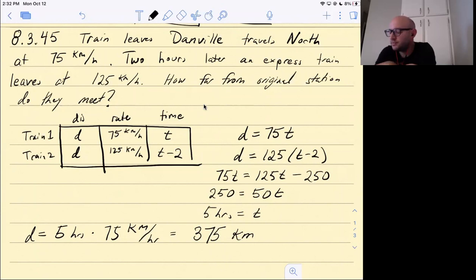Now, imagine that that train is staying still. From the perspective of the first train, how quickly is the other train gaining on it? Because it's going faster. Imagine two things on the highway. They're both moving forwards, but the one in the back is moving faster than the one that's ahead. From the perspective of the one that's ahead, how quickly is the second train gaining on it? What do you guys think?